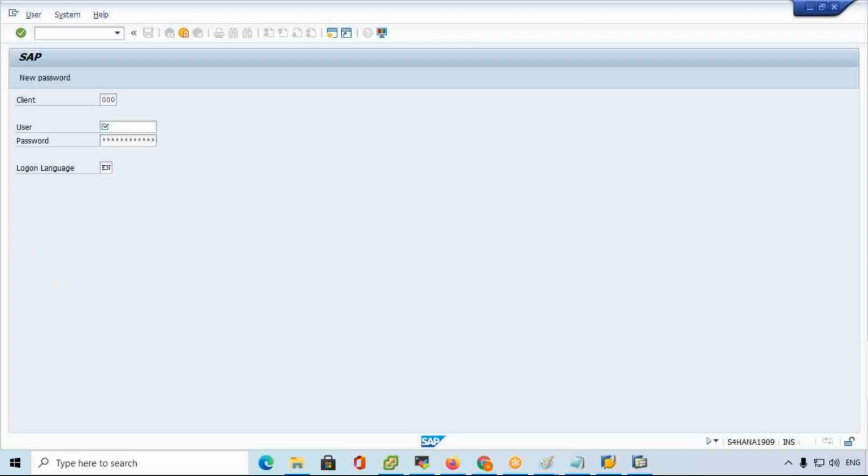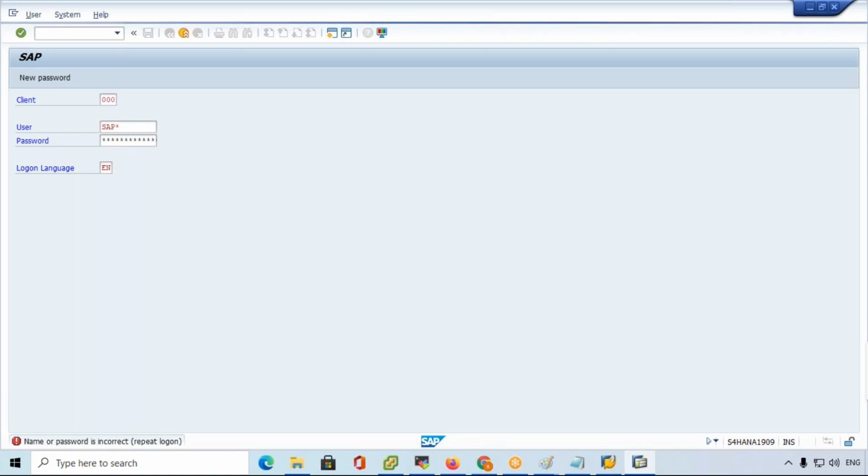So user, I'm going to enter SAP*. What is SAP*? We'll discuss later. And the password PASS. So not pass, India1234. Because the user is not activated, that is the reason PASS is not working here. Once we activate SAP*, then only the PASS password works. So here I entered username SAP* and password.